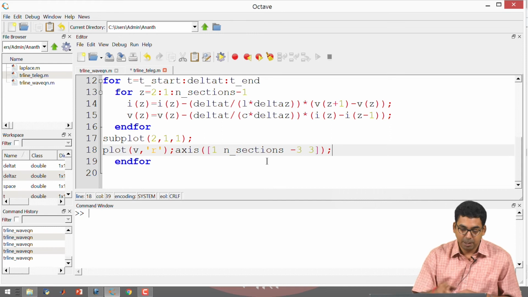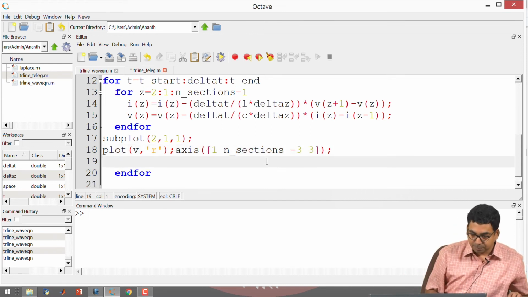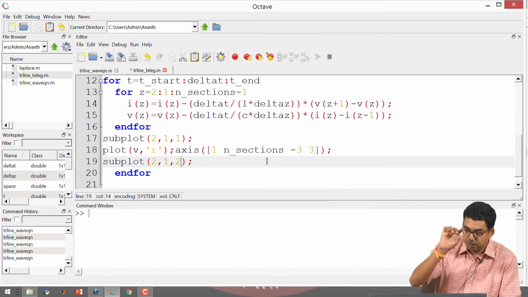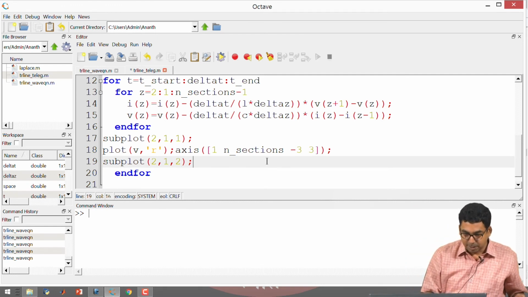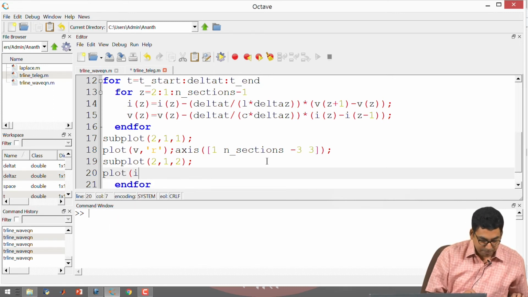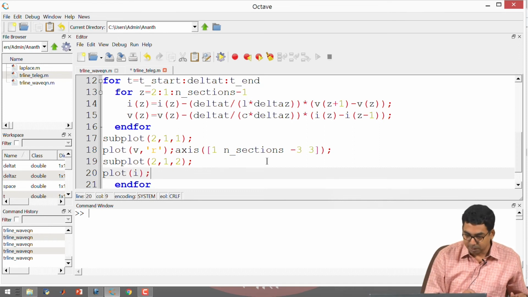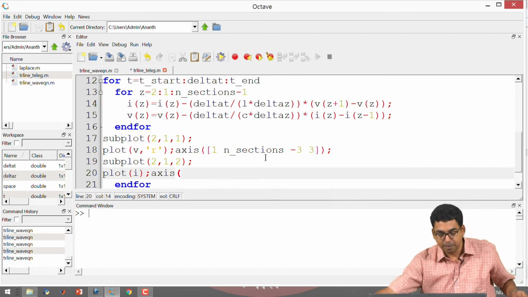Okay. So I would like to plot voltage on the top plot. All right. Then the plot below. So I'm going to say 2, 1, 2. So it's second. The plot is divided into 2 rows, 1 column, and I'm addressing the second plot. All right. The second plot, I want to be able to plot I. It's okay if it is in default color because I would like to distinguish between the two, right? And I would like to give an axis which is going to be the same.